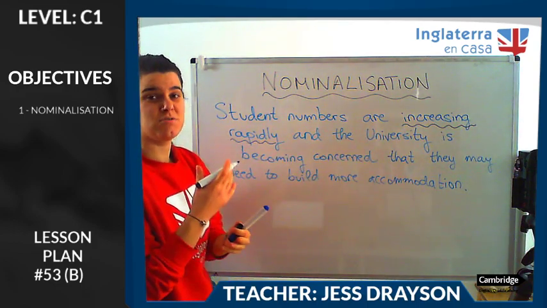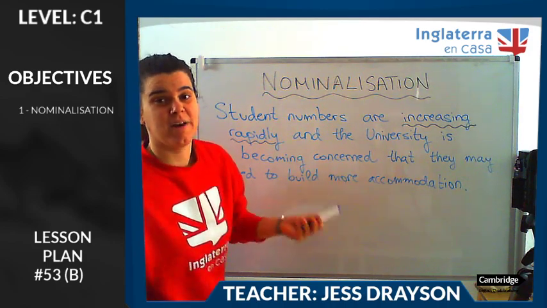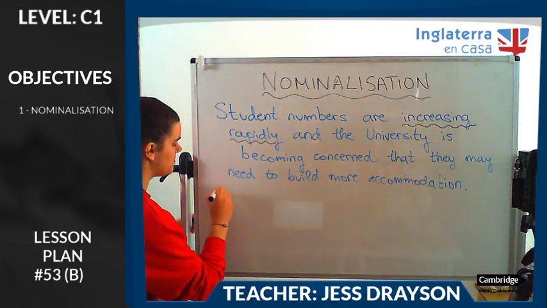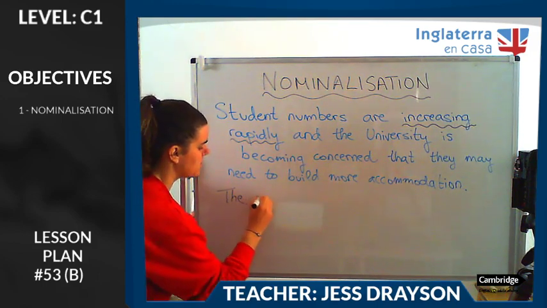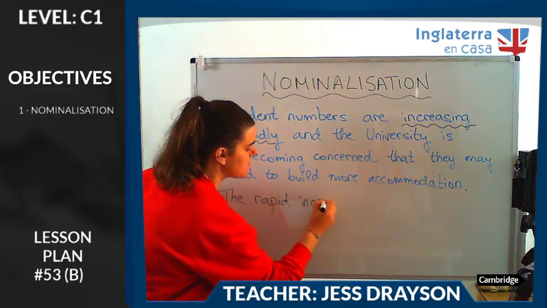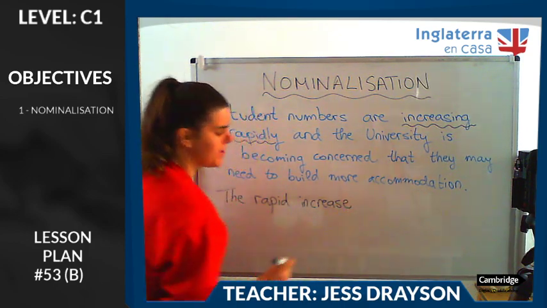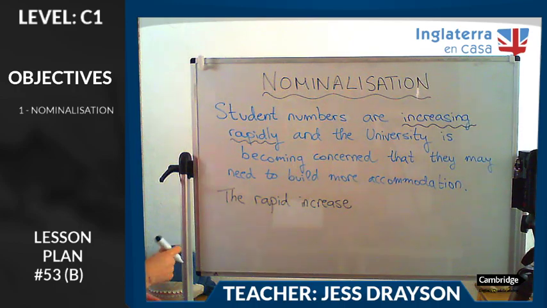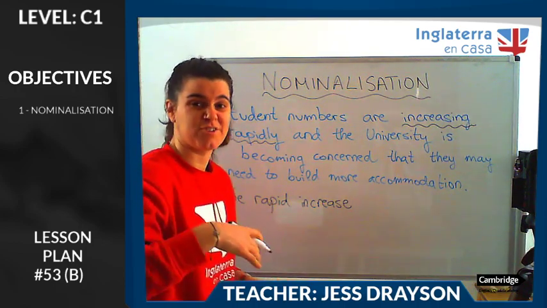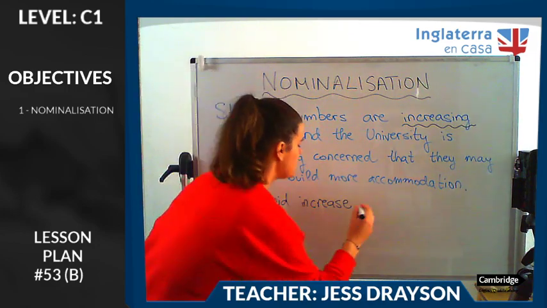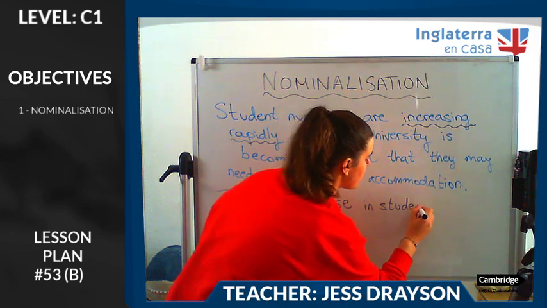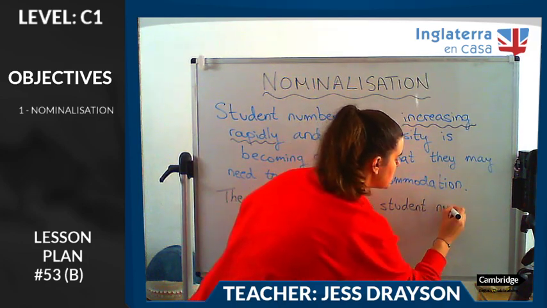So what defines a noun? An adjective. So you make the adverb an adjective, and this would become the rapid increase. And then it's the increase in something, a dependent preposition, increase in. So the rapid increase in student numbers